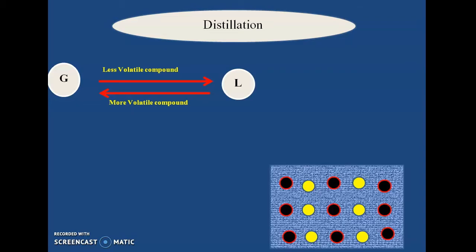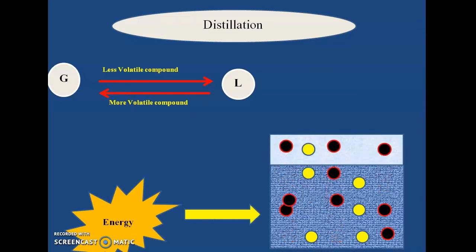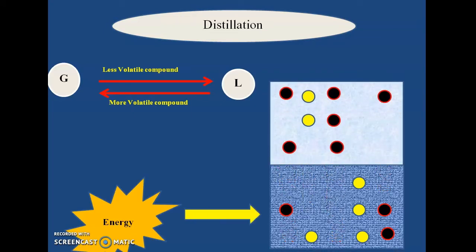Consider a liquid mixture which is a binary mixture containing components A and B. Among A and B, one is a high boiling point component and the other is a low boiling point component. When we consider secondary phase generation, as we have seen in an earlier lecture, sometimes we can generate a second phase by supplying some energy. So distillation uses some energy to generate some vapor phase for the separation.